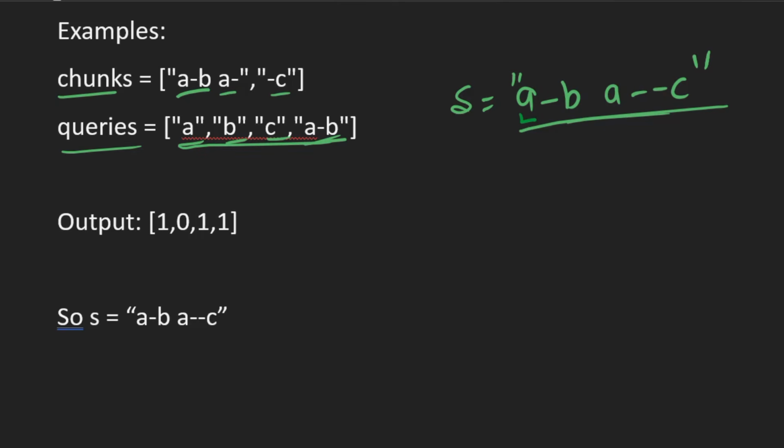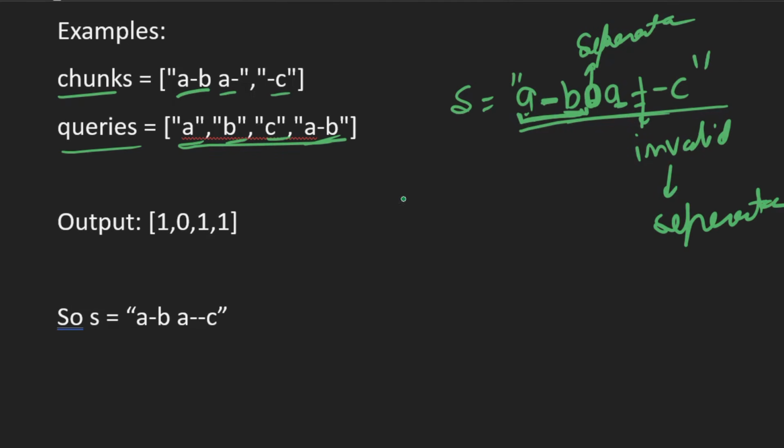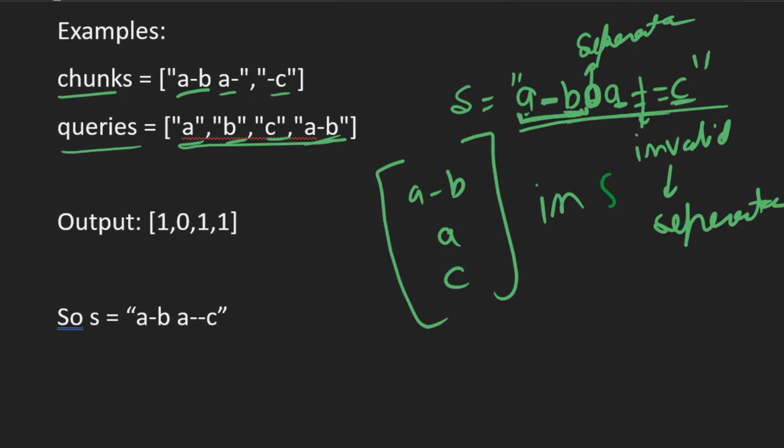So here we see we have a, then a valid hyphen, then b. So this is one word, because then we have a space, which acts as a separator. Then we have a, again a hyphen, but this hyphen is invalid, so it will also act as a separator. So the first word that we get is this word, then we get a, then again this hyphen is also invalid, then this c is a valid word. So these are the words that we have in string s.